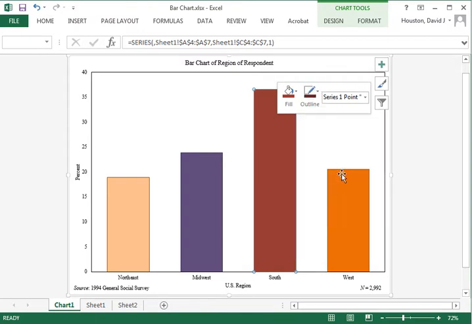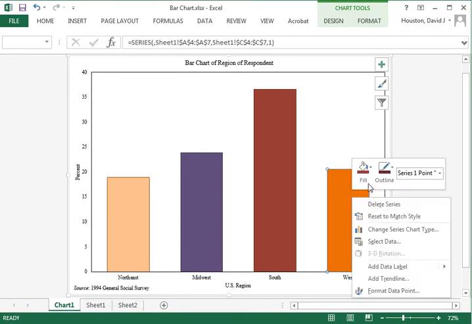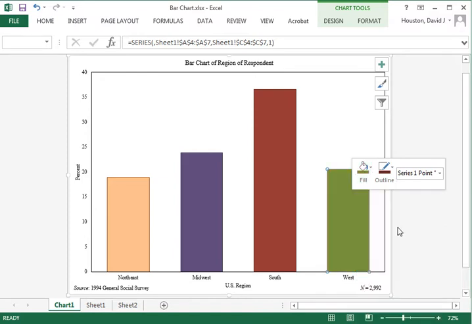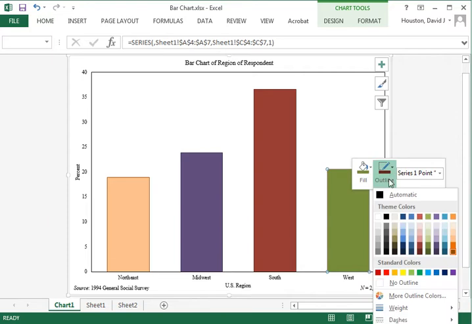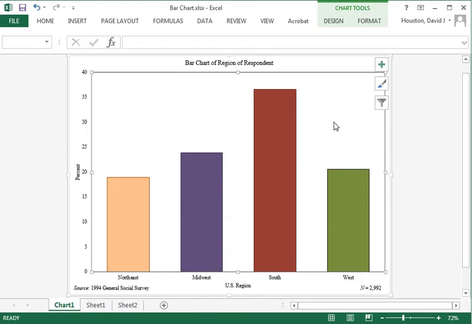Now let's do one last one here. Right mouse button, what fill should I choose? The purple's kind of a blue, so I'll come over to the green and choose a dark green. Now, I wouldn't recommend using all these different colors. I would only use these colors if this really mattered. But I just wanted to show you how you can modify the color as well as the borders of each one of these.